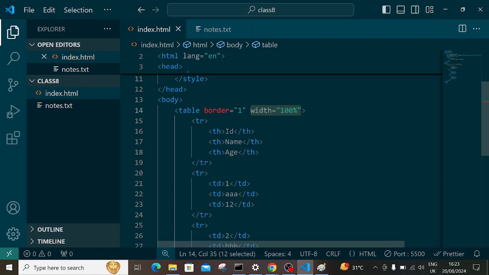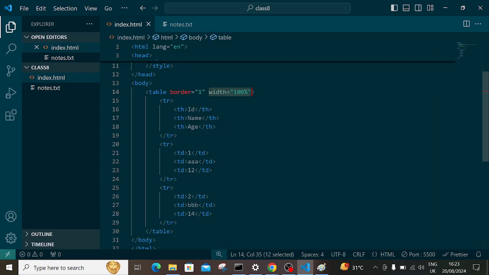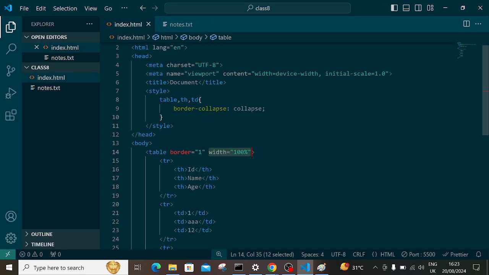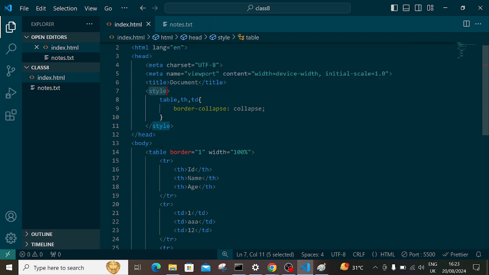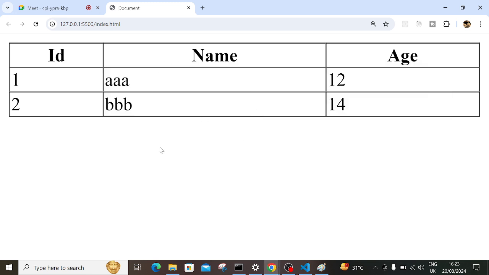Okay, so when you want a single line with the border, try to apply border 1 pixel and apply some styles. Don't worry about the CSS. I'm going to tell you in the next classes. So just take style, and inside table th td, that is border-collapse: collapse. Now you get the single line. Okay. So next,